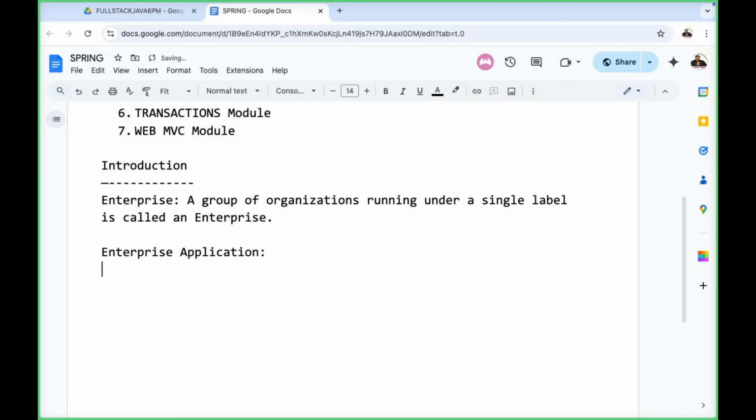What is an enterprise application? Let's move on to the example. One simple example. Say, for example, I know about only enterprise. Okay, just if we take